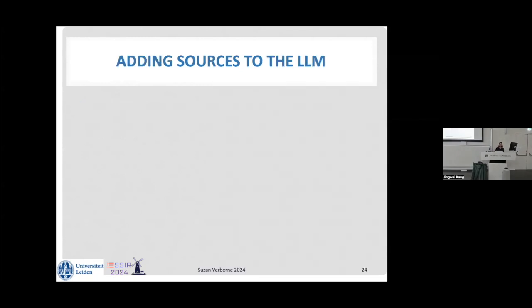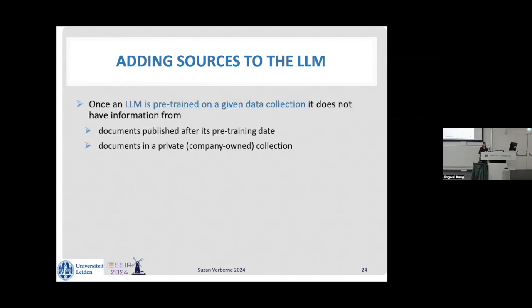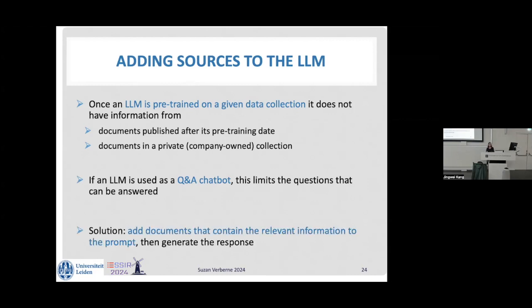So nowadays, it's a good idea, and many people are doing this, to add sources to the LLM, not only for the human to check the sources, but also because the LLM is pre-trained on data until a certain date, and it doesn't have information from after that date. It also doesn't have information from, let's say, company internal documents. So if you want to use an LLM for information finding or question answering, this limits the questions that can be answered. The solution is to first retrieve relevant documents, add them to the prompt, and then generate a response. And this is called